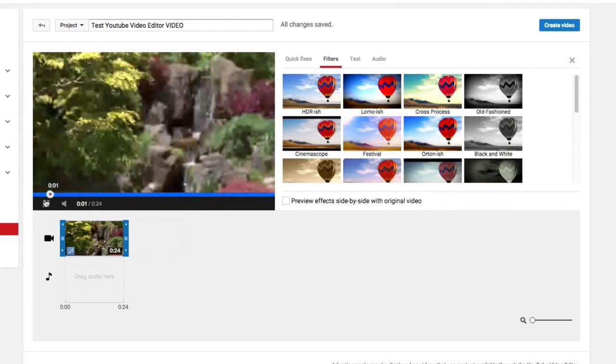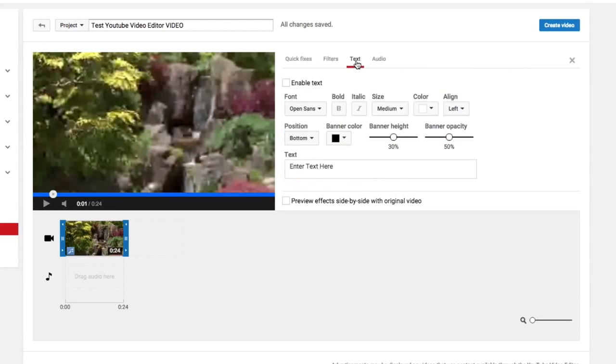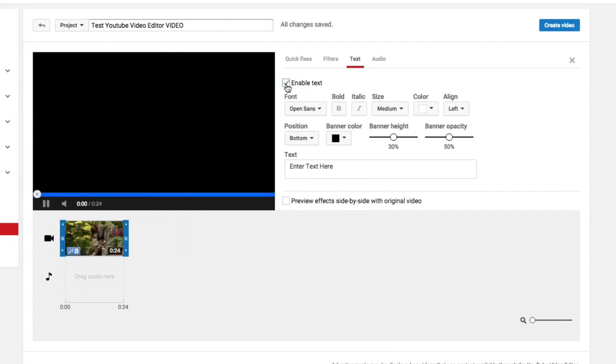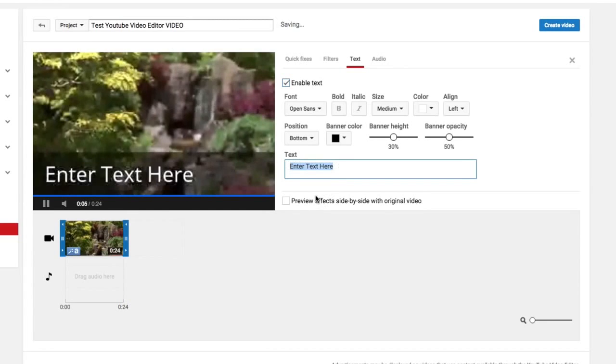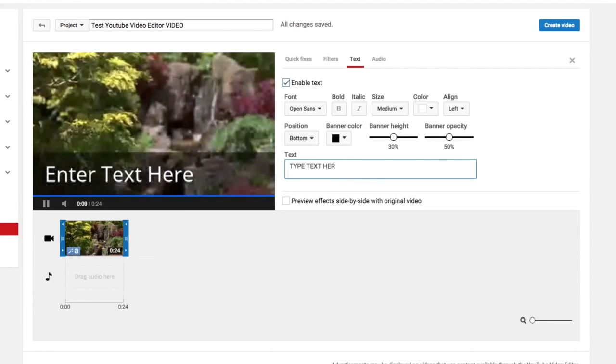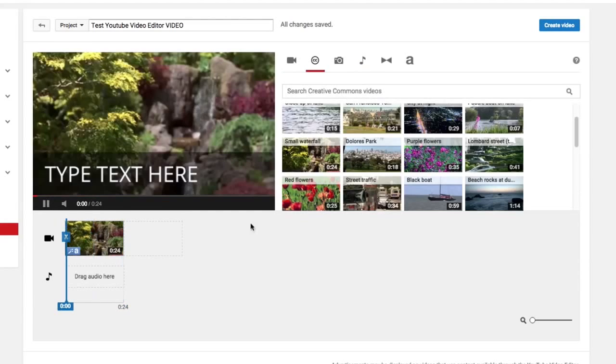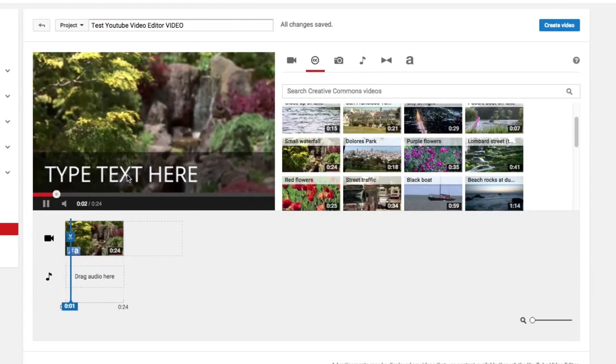So I'm going to go ahead and go back to the original video, just like I have here. And then once you've done that, you go over to text. Now text is pretty self-explanatory. If we go here and go to enable text, just like I have here, it's going to enable a text box here. Enter text here is where we're basically going to type the text. So type text here. Okay, so once you've done that, basically it'll add the text that you want to add,